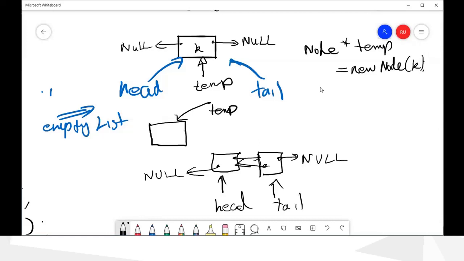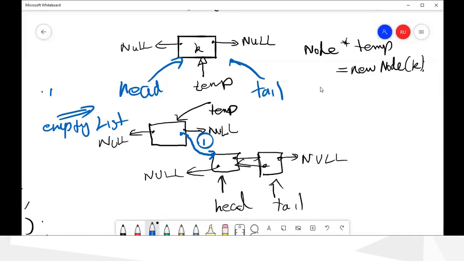Okay, and you will have null here and null here. The first thing you want to do is change the link. So you can make the new node's next point to the current head, so you won't affect the list. The list starts from here and goes from there.